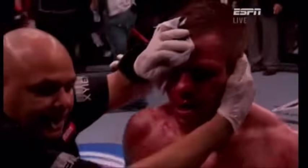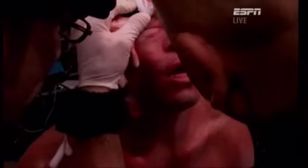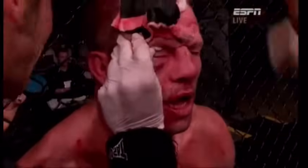Man, there is a nasty hematoma around the cheekbone of Marcus Davis, and it is swelling badly. I got two things for you to work. They got to get some end swell on that immediately, or he's not going to be able to see out of that eye in this fight right now. Do not think about the cut. He's slowing down. You gotta listen to my voice right now. I need you to slip, slide, crazy rolling head movement,